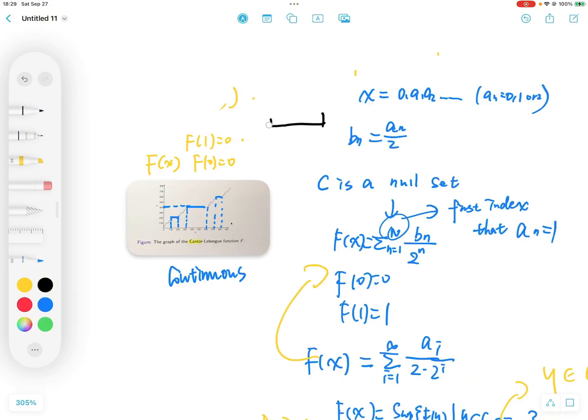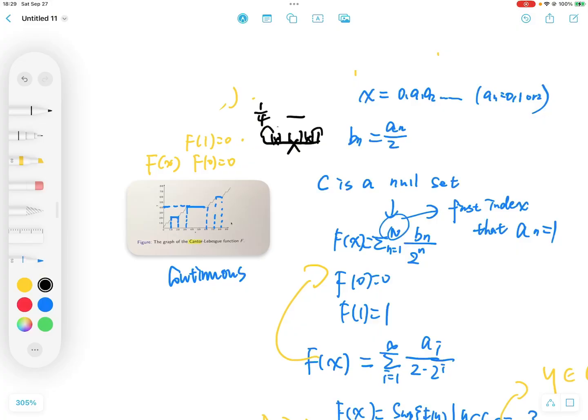No, not with the length, because it's a null set. If a piece is removed, the function will not increase there. But if it's not removed, for example, on this interval, it increases in total with a length of 1/4, and